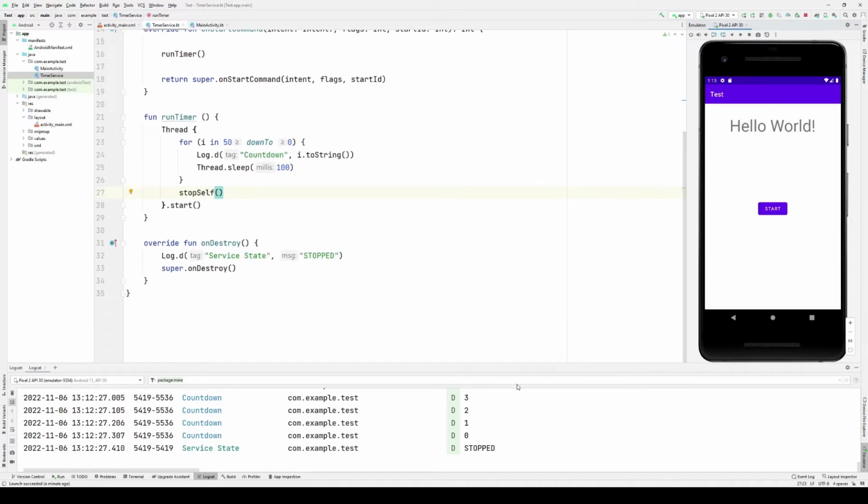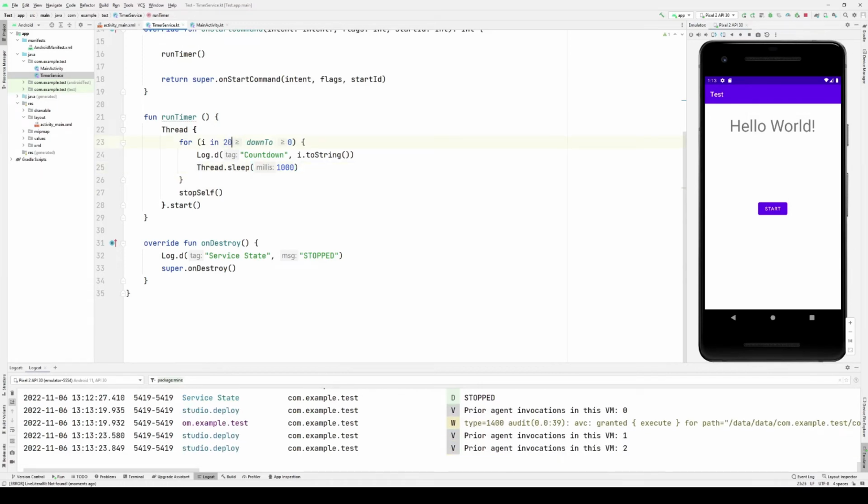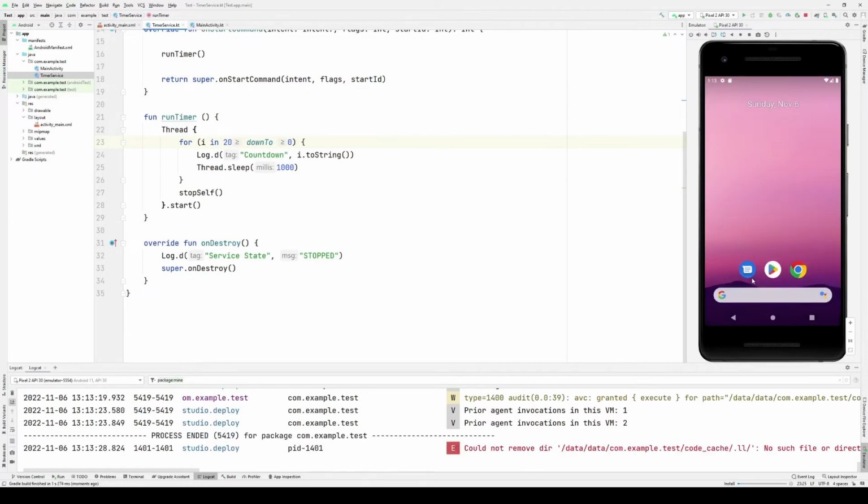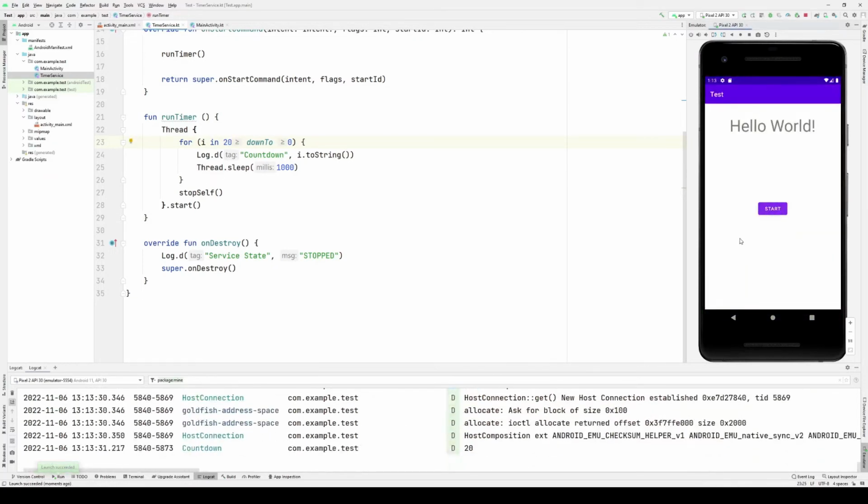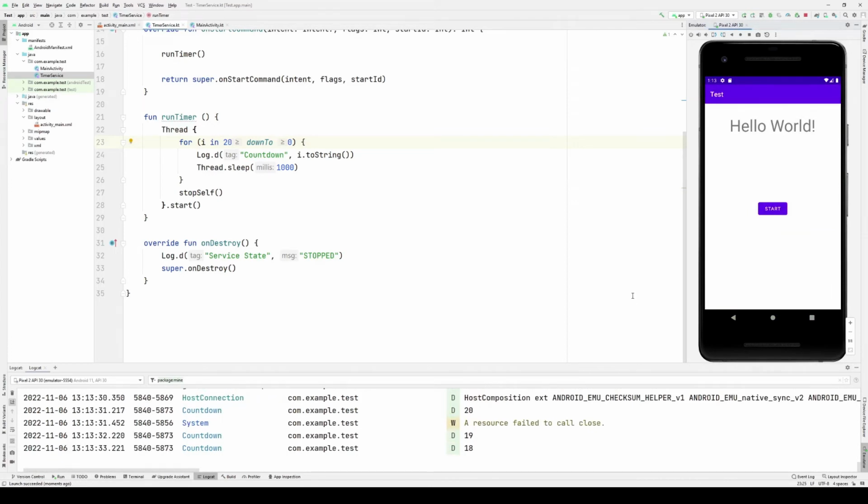So for example, and you'll have to pay close attention here, or maybe I need to add more time to my timer so it's more visible. I'll do two 20-second timers. And what you're going to notice here is that once I start one timer, and we get down to, let's say, 12 seconds, I will hit start again. And you'll see that we have an interleaving of my countdown timers. But the problem is, once I get to the end of the first timer,